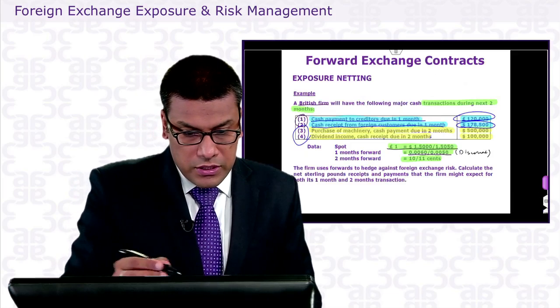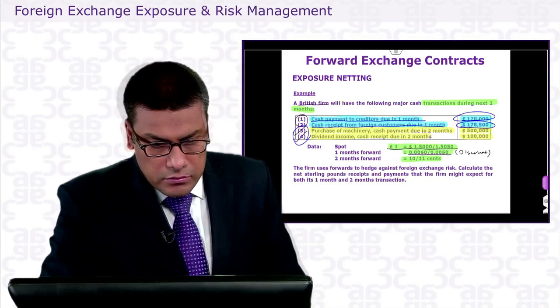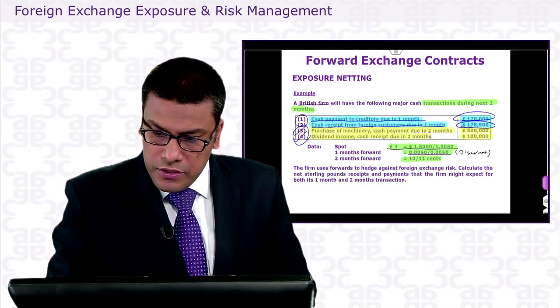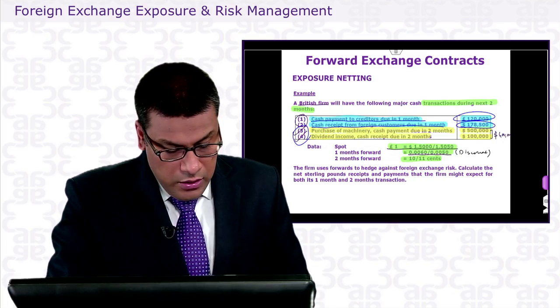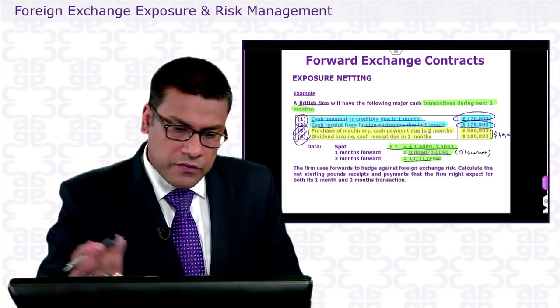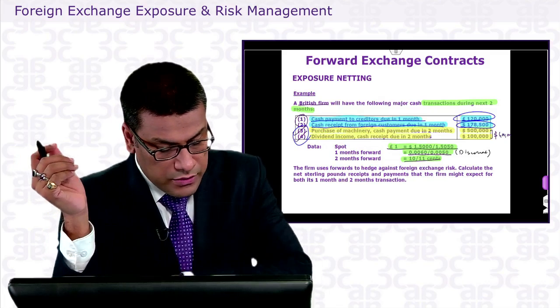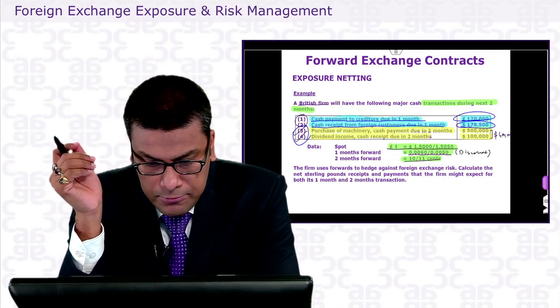If you see the question, there are 2 transactions, 2 months, purchase of machinery, dividend income. So net obligation is for $4 lakh. Okay, if you see here, the net obligation is for $4 lakh. Now this $4 lakh, after 2 months, you can find what is the rate which is quoted, convert them into British pound. Okay, and you know what is the obligation. So net amount payable would be, basically if you see here,